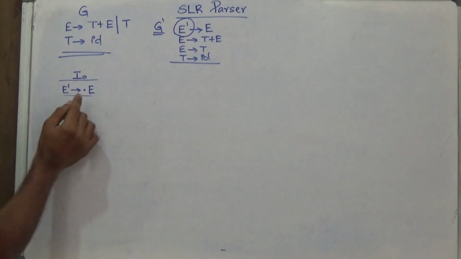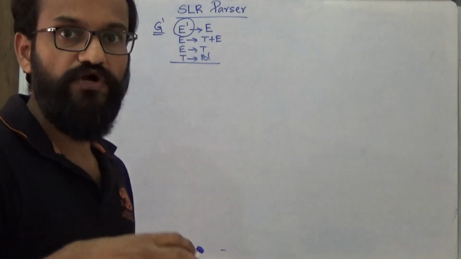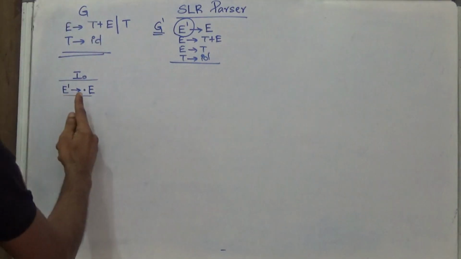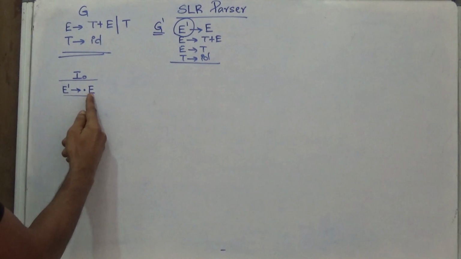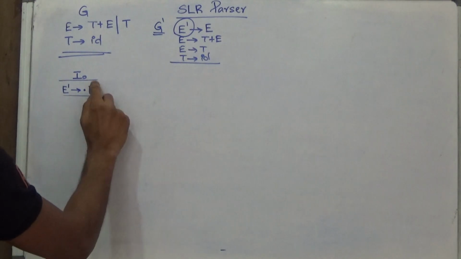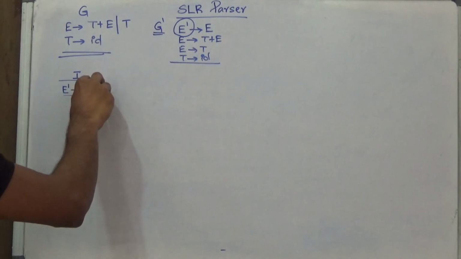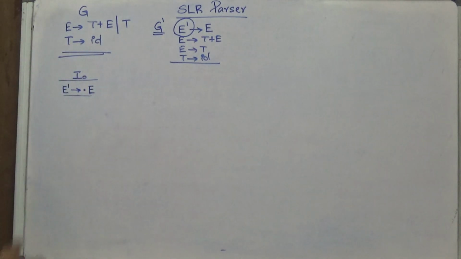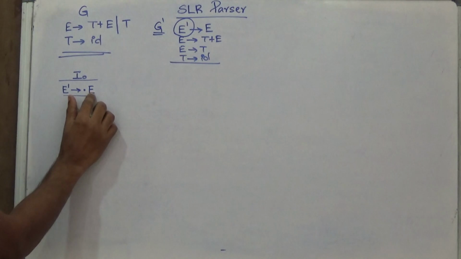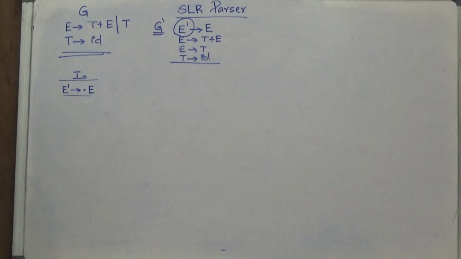So closure in the sense you have to verify whether the right hand side is having a non-terminal immediately succeeding the dot operator, or whether there exists a non-terminal which is immediately preceded with a dot operator. So here you are having dot immediately followed by E. For that reason, you have to add the productions whose left hand side is E. So we are going to take closure of E dash giving dot E. Since dot is immediately followed by a variable or non-terminal, you have to add productions corresponding to E into this item set.